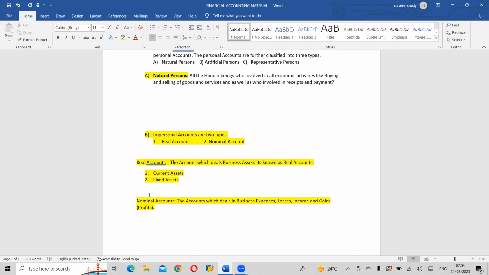Why not? It could be a loss. Because we are using it for business purposes. No. Then that will become an asset. If you are using it for a business purpose, it will not come under a nominal account, right? It will come under an asset. That is nothing but your fixed asset under real account. Hope you got my point. Yes. I'm asking the two simple terminologies: how can you make out whether it's an expense or a loss? Yes, Sahiti, Vamshi.